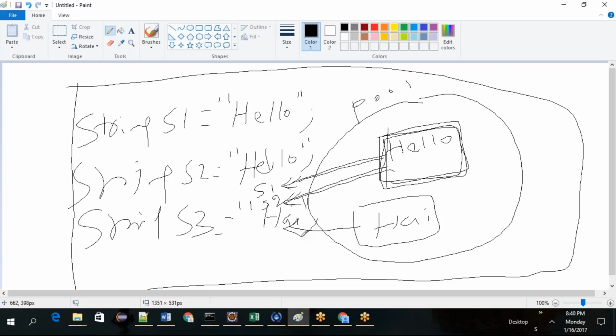If you try to create the same string object using double quotes, Java will look into the string pool of constants to check whether that hello has been created or not. If it is created, the same address will be given to the new string variable that you are trying to access. Okay, so let's do some programs. Quickly, we'll run a couple of programs.